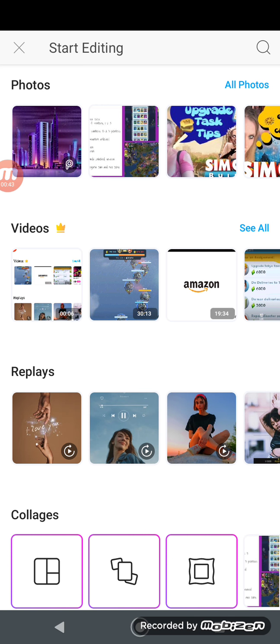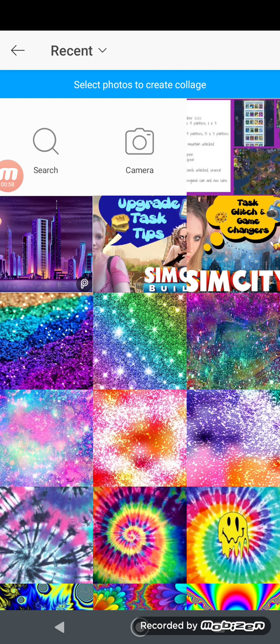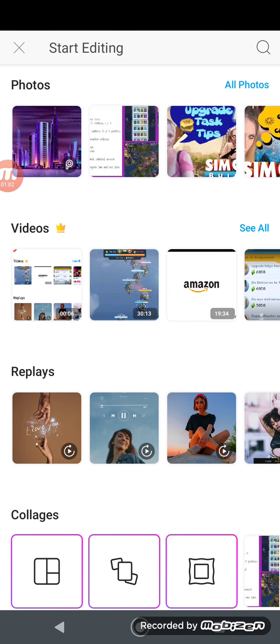and this is where your photos are stored that are on your phone. You're going to select the photo that you want to use as your main background or whatever it is you're making, and if you want to add multiple you just hit the collage button here and you select multiple of them, and then you can pick out the layout and pattern from that screen. So we're going to go ahead and just go with something basic,